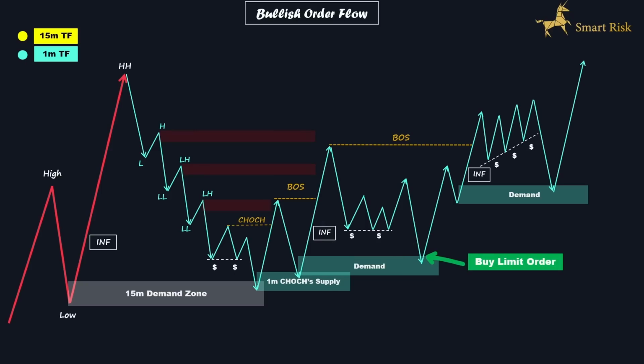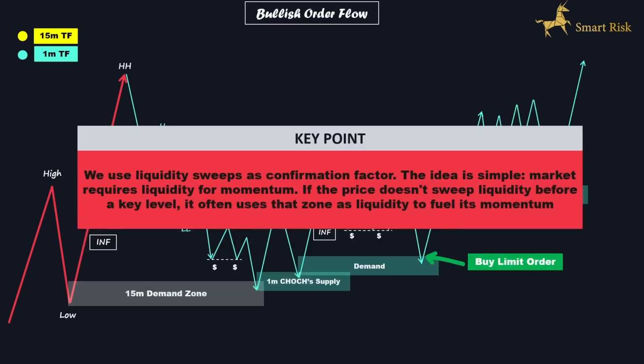This is because we have a very strong confirmation factor if the price sweeps the liquidity zones that form above the demand zone before tapping into it. Recognizing a liquidity sweep pattern before the price reaches our point of interest is crucial. This pattern confirms the strength of our supply or demand area. We use liquidity sweeps as a confirmation factor. The idea is simple. Market requires liquidity for momentum. If the price doesn't sweep liquidity before a key level, it often uses that zone as liquidity to fuel its